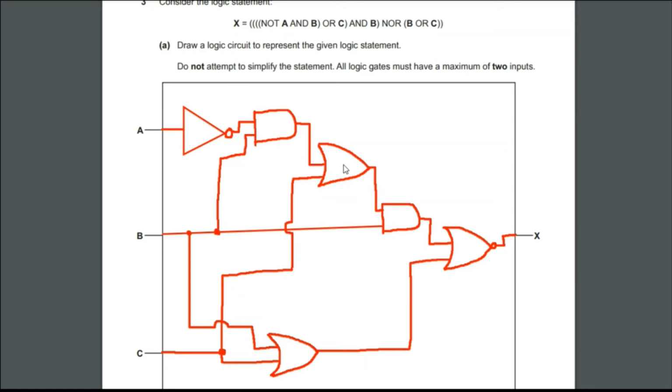And the output of this OR gate should be connected to an AND gate, where the second input of this is B, and that's what we are doing here.